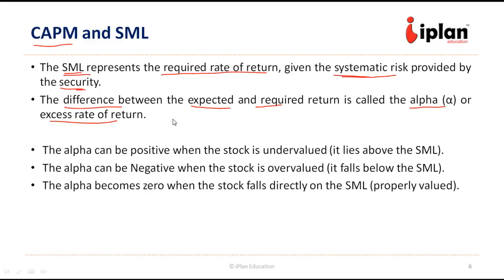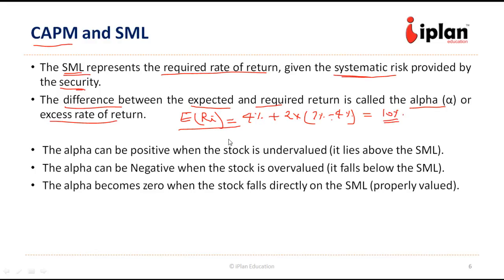So for example, our capital asset pricing model for a security gives us a rate of return as, let us say the risk-free rate is 4%, beta is 2 and market rate is 7%. 4% is the risk-free rate. So accordingly we get 10%, which is the expected rate of return.